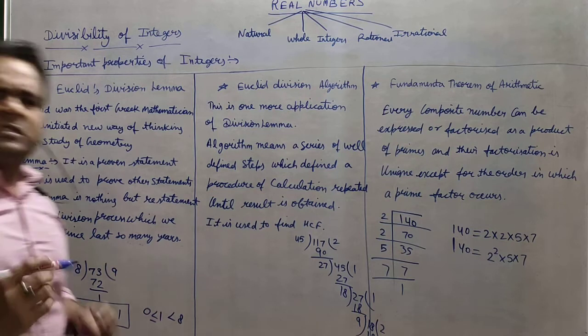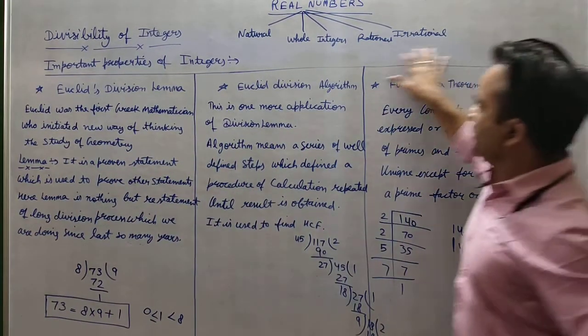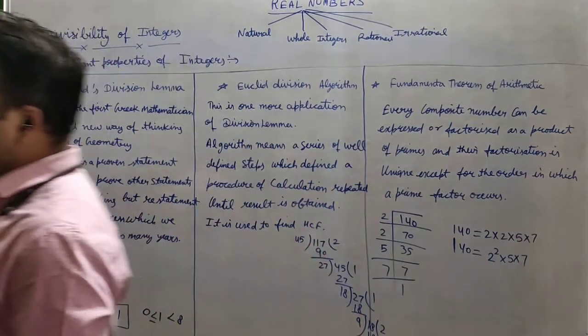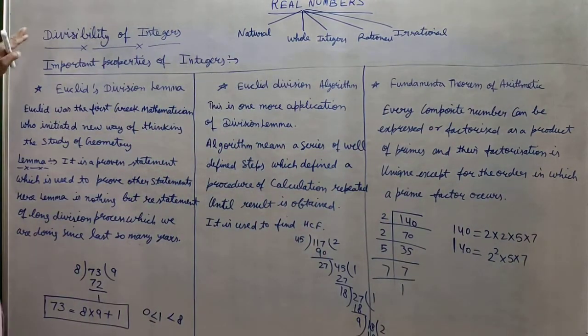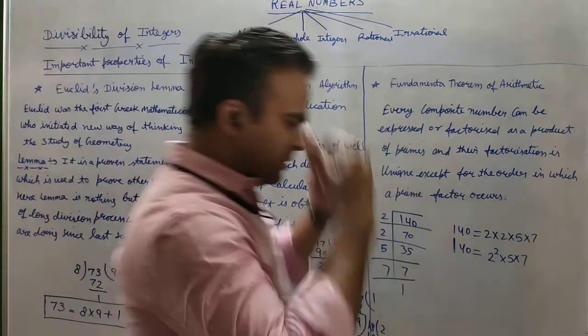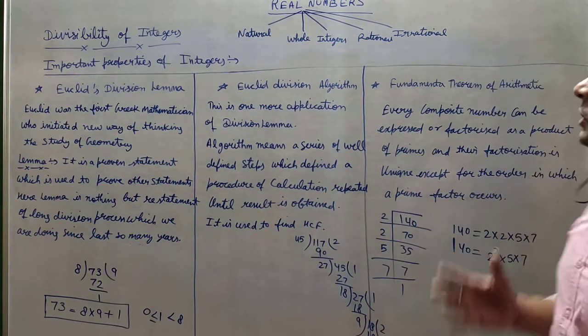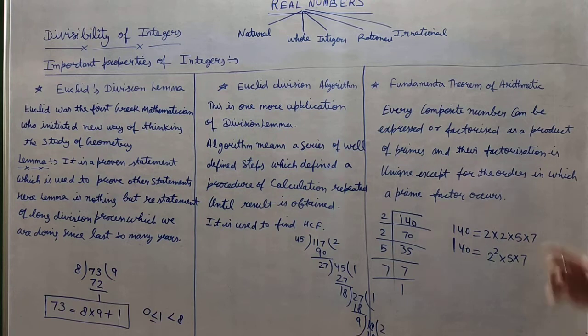So what is different in this chapter? Because if you see, we all know about these numbers. So here we are actually seeing the divisibility of integers. Now the question arises here: divisibility we know very well, there is nothing new. But on the basis of this divisibility, the mathematicians found three important properties which they derived, and there was one mathematician,